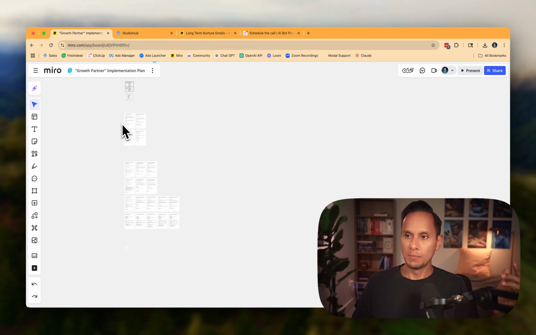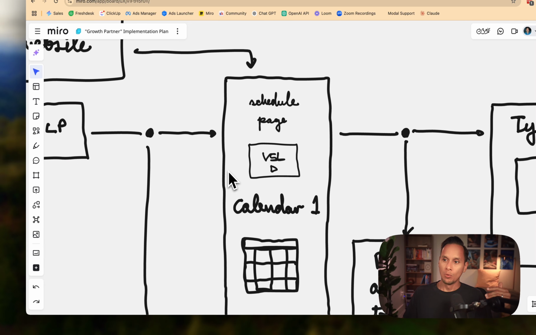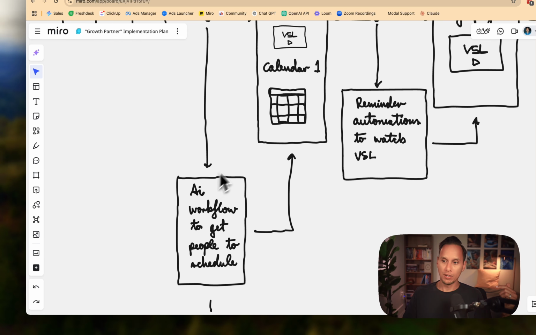Then from there, let me just show you here what it's supposed to look like. So somebody sees an ad from us. They go to a landing page that says, hey, get this case study. They fill out that form. They go to a page where they are invited to schedule a demo call. But if they don't do that, then they're going to get sent out to an AI that is going to ideally give them access to their case study and then ask them if they would be interested in scheduling a